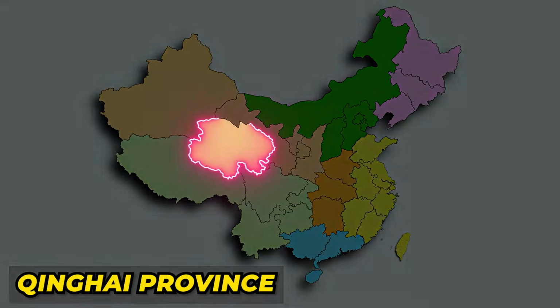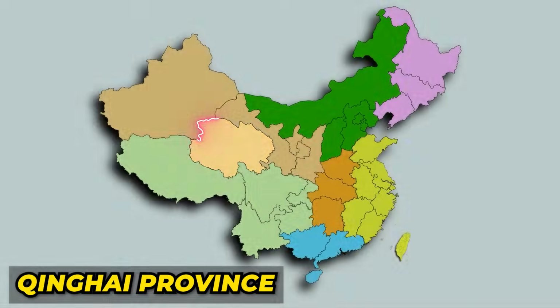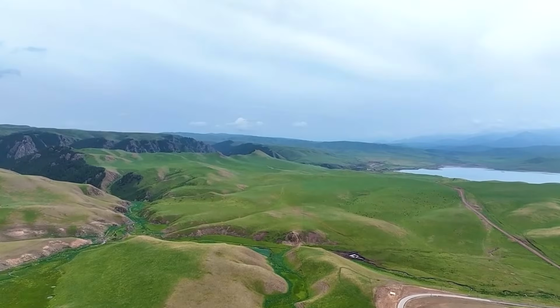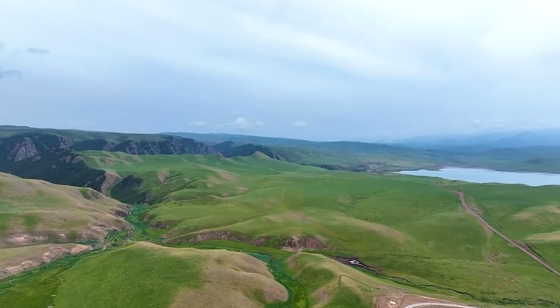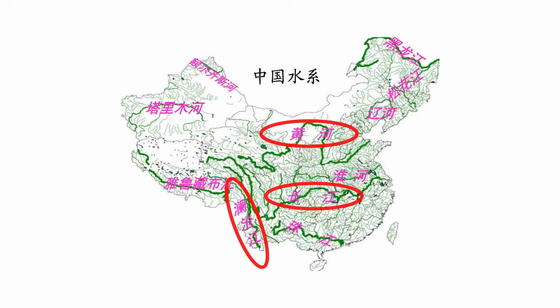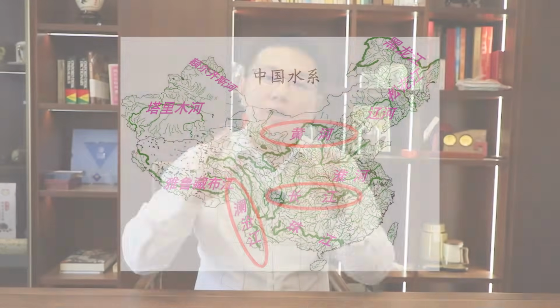Further west is Qinghai province, named after Qinghai Lake, the largest lake in China, and the entire province falls within the plateau range. The average altitude of the province is over 3,000 meters. The Sanjiangyuan, or source of 3 rivers in English, the Yellow, the Yangtze, and the Mekong River. These are the 3 longest rivers in Asia.